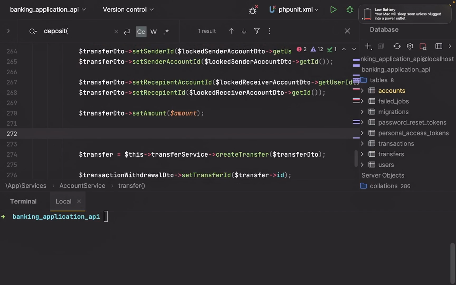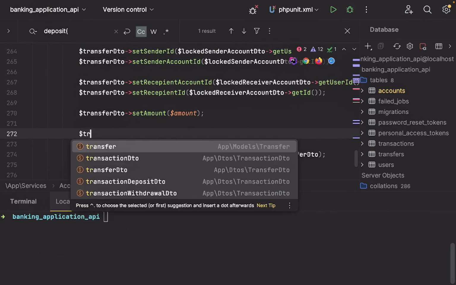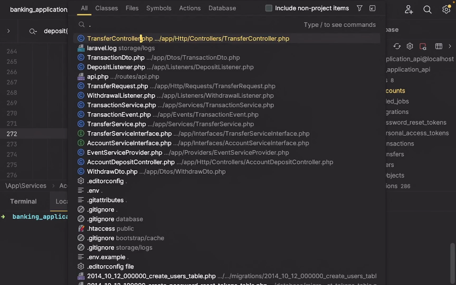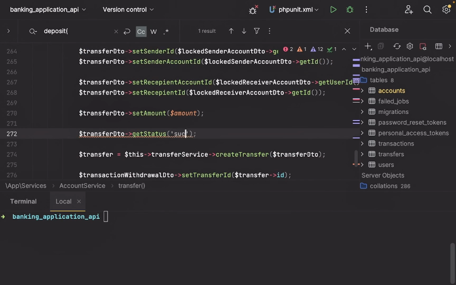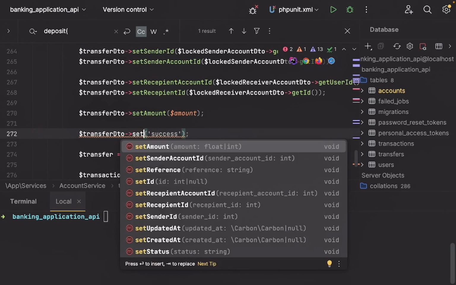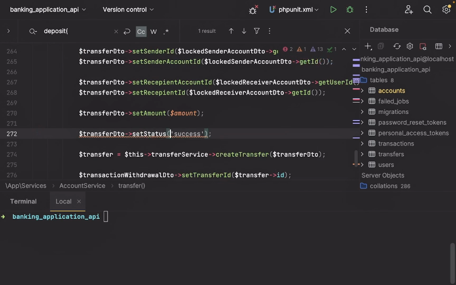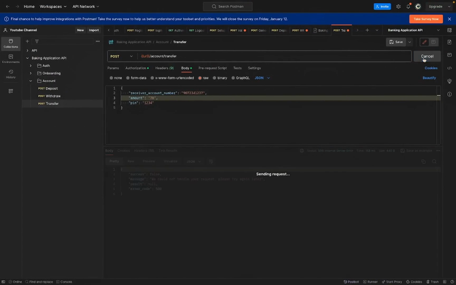Let's say status, my battery is low. So transfer DTO, let's just set it. Let's say status, let's say success for now, since we are not using any third-party service anyway. So let's set it to success. Let's come back and try to